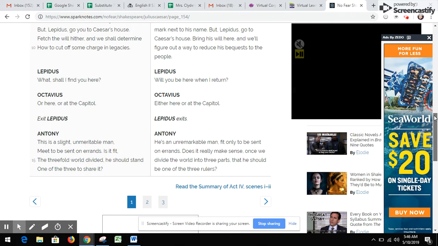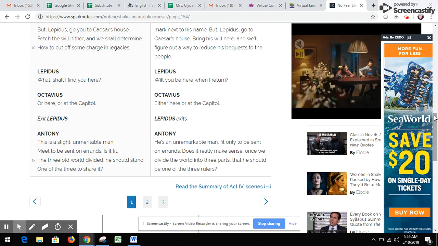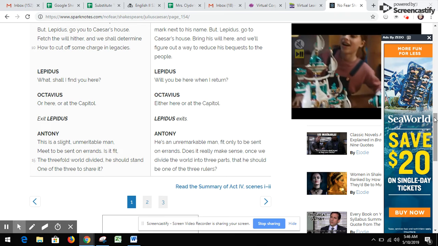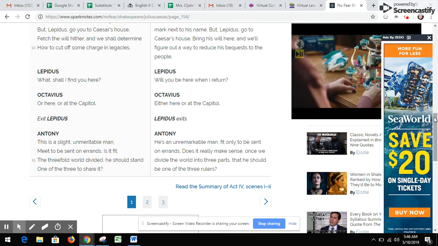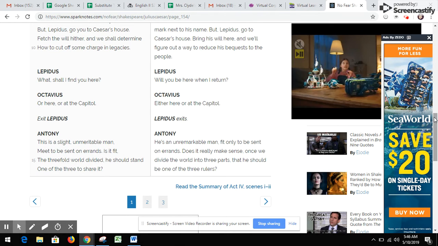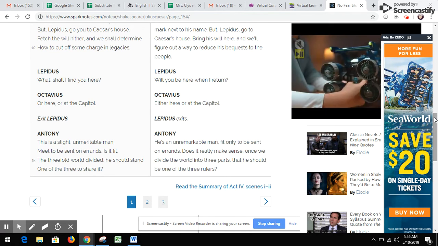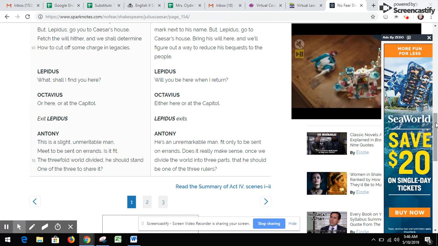Lepidus says, will you be here when I return? Octavius says, either here or at the Capitol. And he exits. Antony says, he's an unremarkable man, fit only to be sent on errands. Does it really make sense, once we divide the world into 3 parts, that he should be one of the